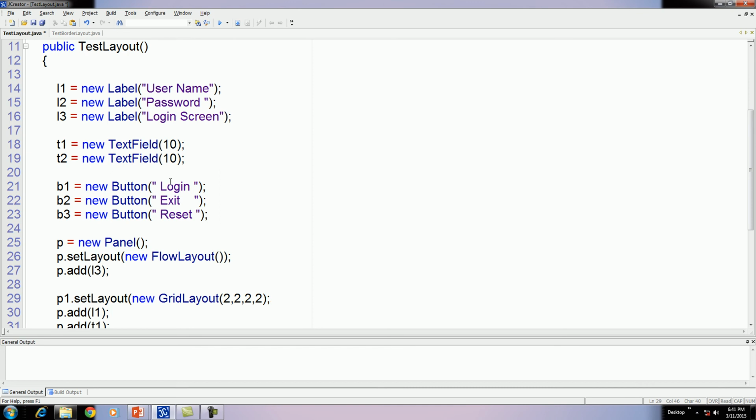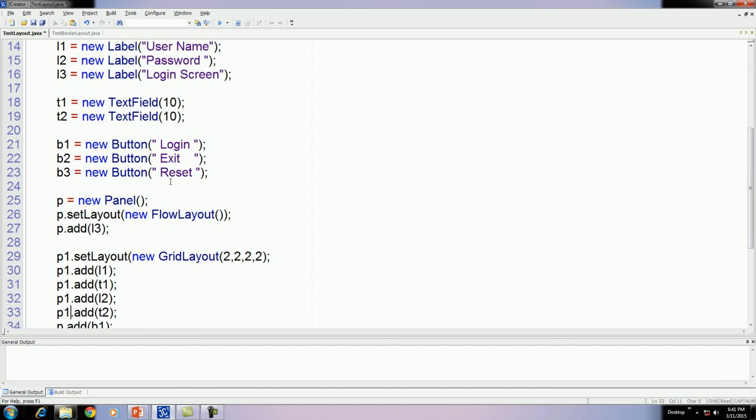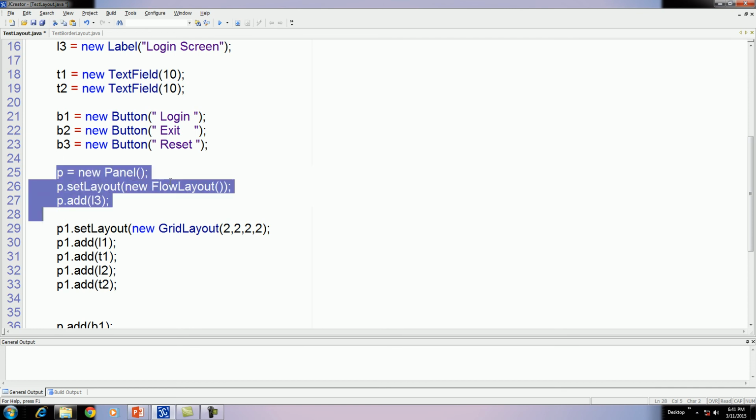Okay. Now add label 1 to P1, text box 1, label 2, text box 2. Okay. Now we want three buttons on panel 3. Then simple, we use a flow layout to panel 3.